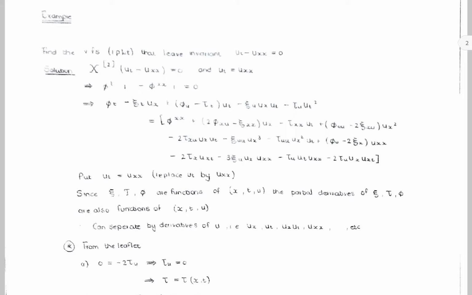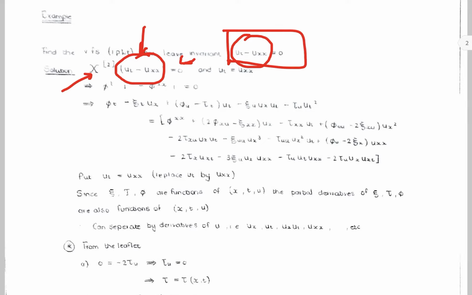So I'm going to go very quickly to this example where we determine the vector fields that leave invariant the heat equation u_t minus u_xx equal to 0. So first of all, notice the left-hand side, which is u_t minus u_xx, which is this function here, has to be invariant under the vector field. Since it's second order in derivatives, X2 on that function has to be equal to 0, and at some point we will impose the whole differential equation. Right, once you do X2 on u_t minus u_xx,